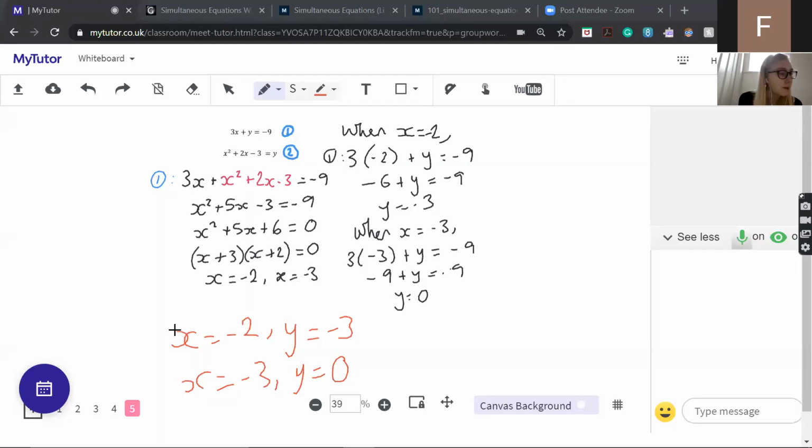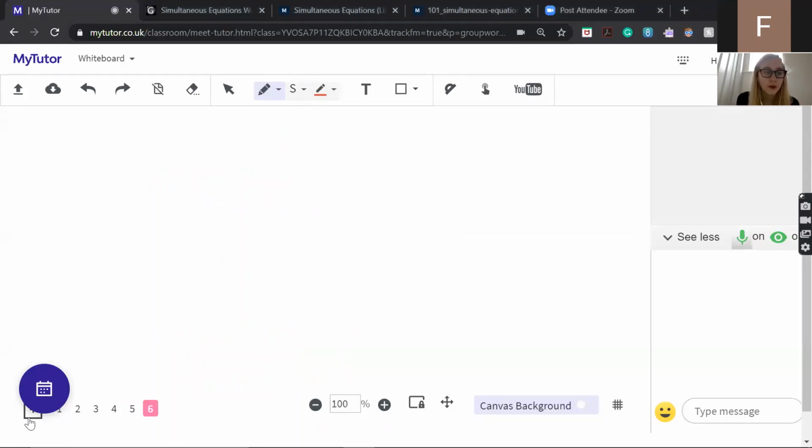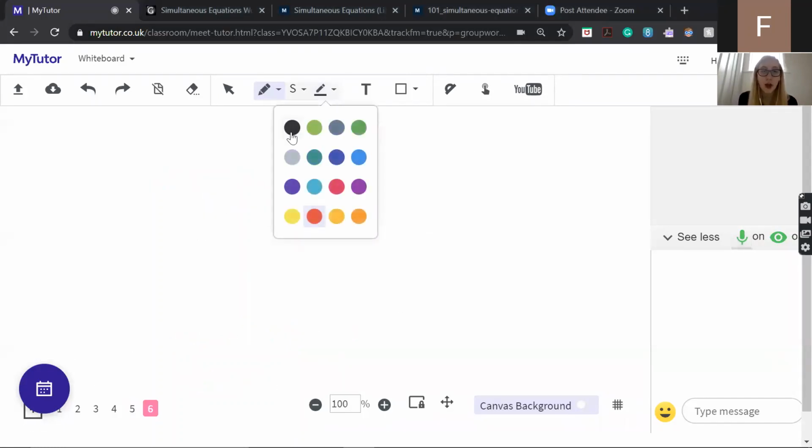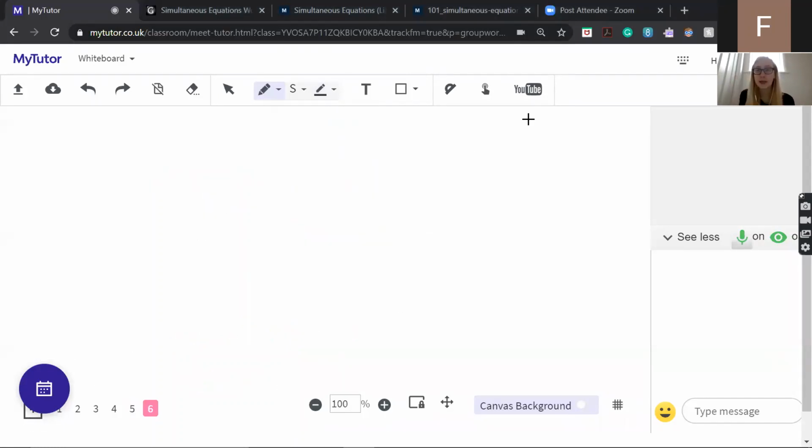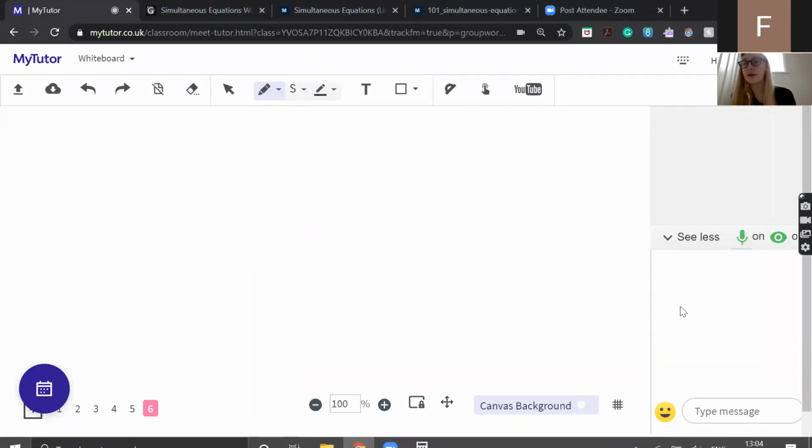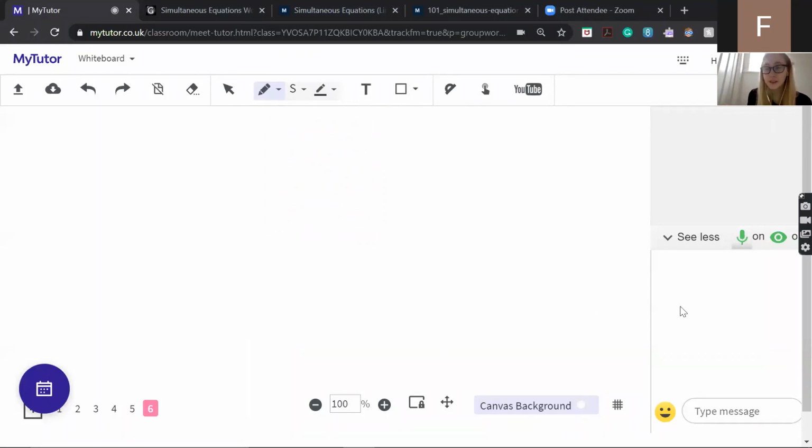Okay, cool. So I'll go back over the fractions one, and I'm going to do exactly the same question. I'm going to do it a lot slower, and I'm only going to do the second method. If you're interested in the first one, go back and have a look, but I'm only going to do the second method. So the question itself was